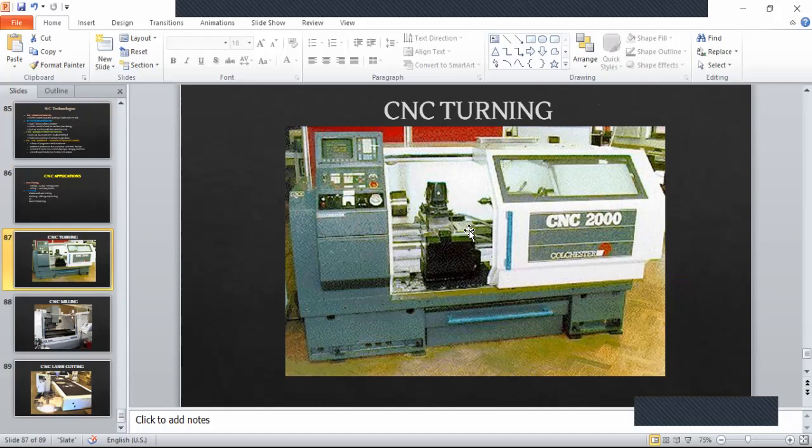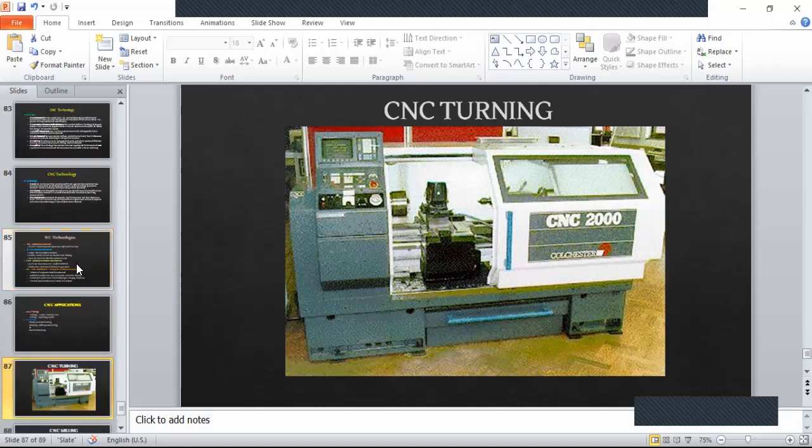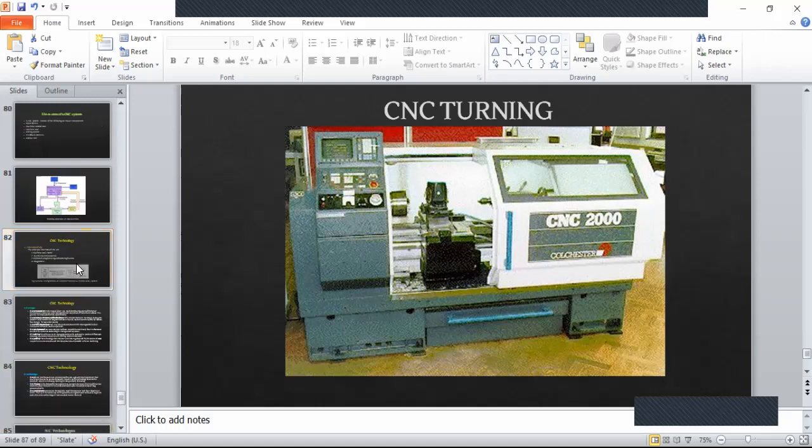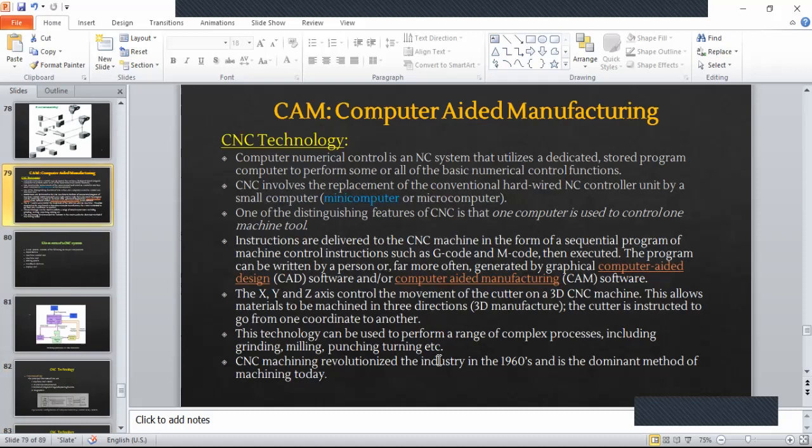For example, this is the X, Z is the depth of cut, Y is the vertical movement, like that. So for the tool to be moved in that direction, you have to have those coordinates, those axes specified. So X, Y, and Z axis control the movement of the cutter on a 3D CNC machine. This allows materials to be machined in 3 directions, 3D manufacture.